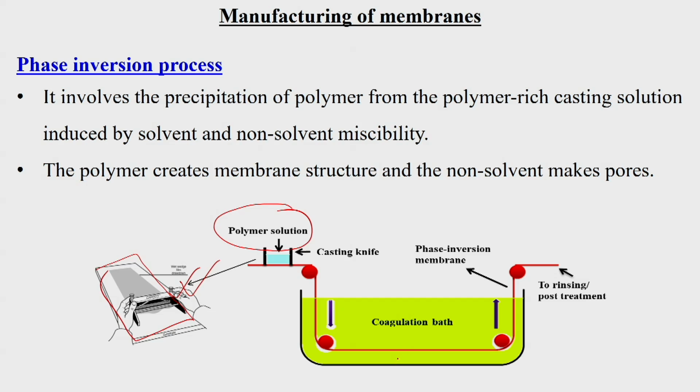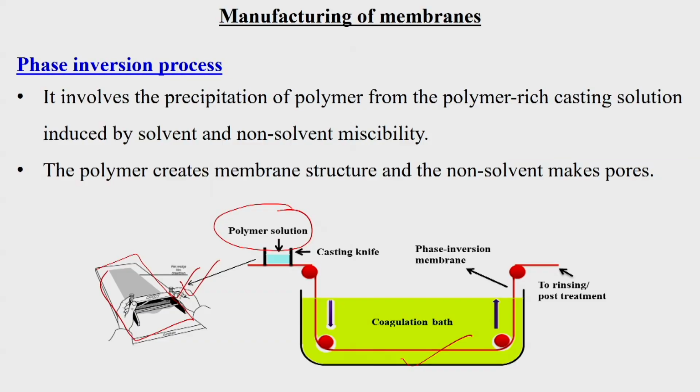Now, we use a coagulation bath, where we use water, or cold water, as the phase inversion medium. Whenever the film enters it, the polymer converts from the liquid into the solid phase. So, the phase is inverted here, and then this phase inverted membrane goes for rinsing as well as post treatment, meaning drying is done